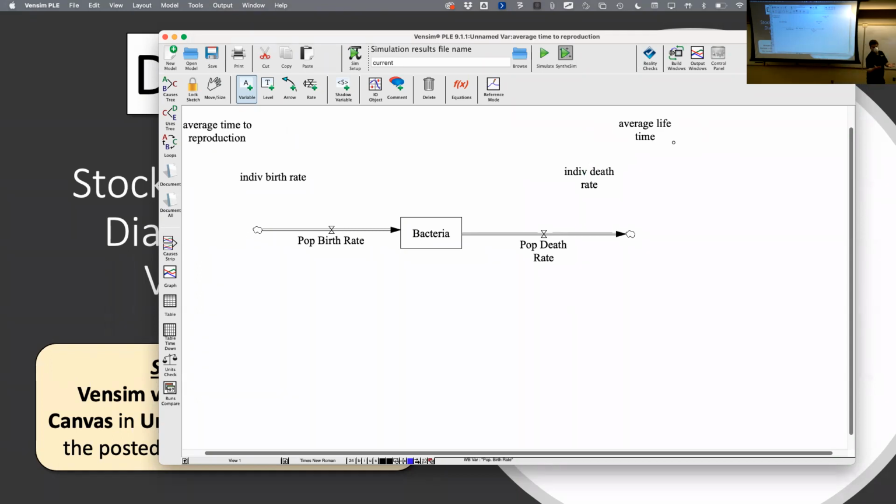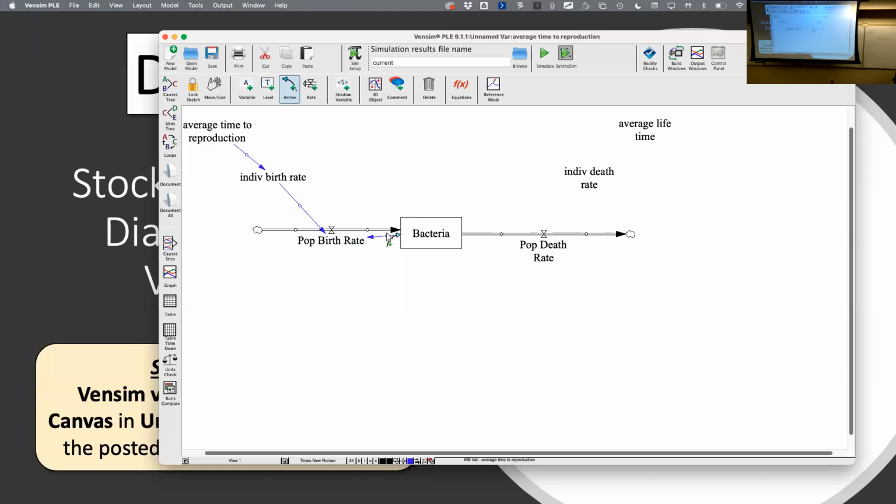So now I need to draw my causal links, just like in a causal link diagram or causal loop diagram. So I go now to, in the old tool where it says arrow, in the new tool, it'll just have a single little line as the icon and a little curve to it. And now I can just link things up. So I know that in order to calculate individual birth rate, I need to connect average time to reproduction to individual birth rate because the formula is going to be 1 divided by that. I'm then also going to need to connect individual birth rate to population birth rate, and we'll see how that works. I'm going to need to connect the number of bacteria to the population birth rate, and I can grab